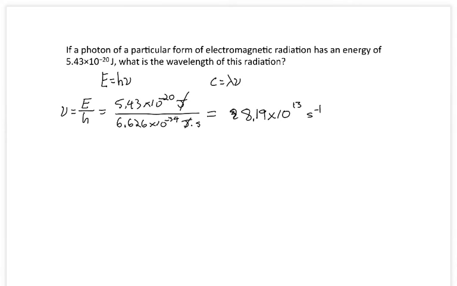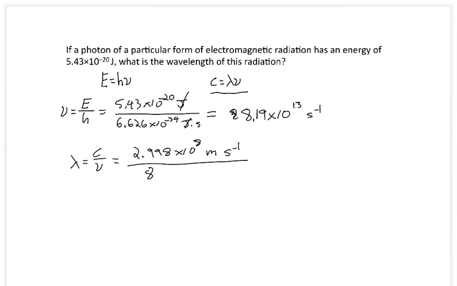All right, so now I can take my second equation. I'm solving for lambda, the wavelength, so I'll divide both sides by nu, the frequency. So lambda is the speed of light divided by the frequency. So again, the units on speed of light are meters per second, or meters times seconds to the negative 1, divided by the frequency. So my inverse seconds cancel. I'm left with meters. So my wavelength is